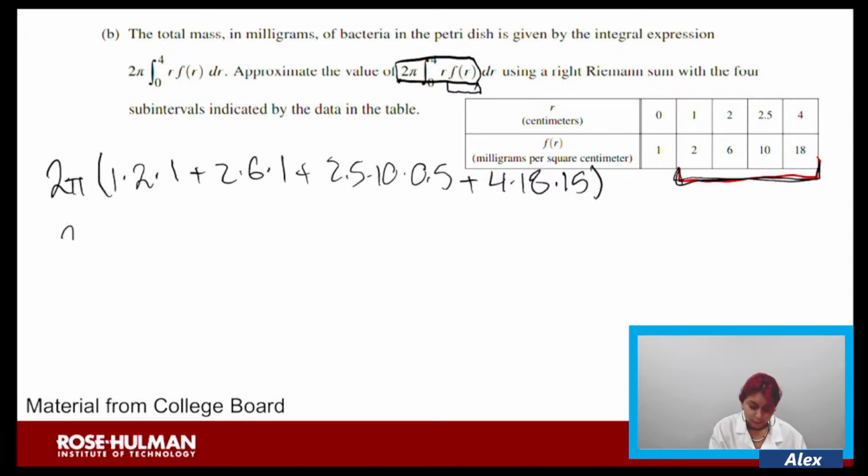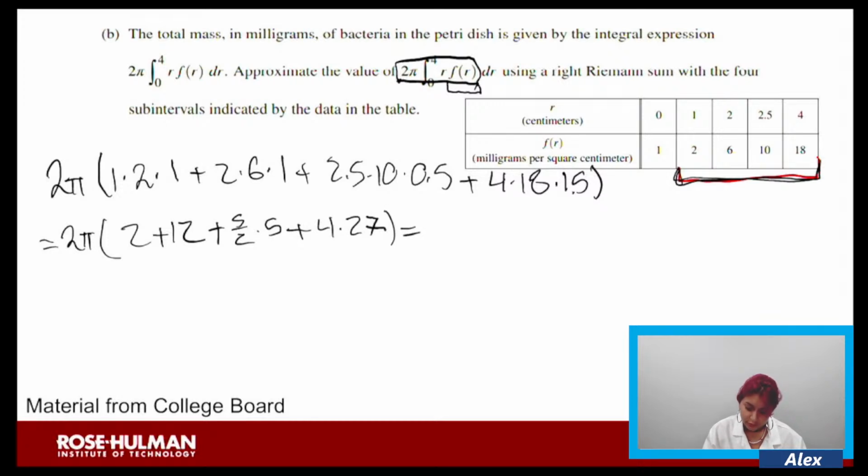And so for this one we would get 2 pi times 2 plus 12 plus 5 over 2 times 5 plus 4 times 27,